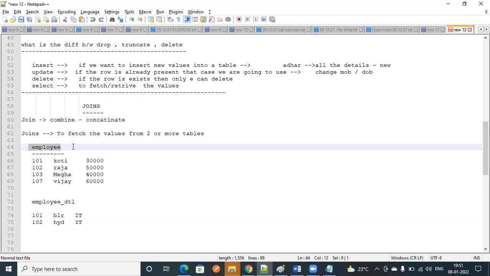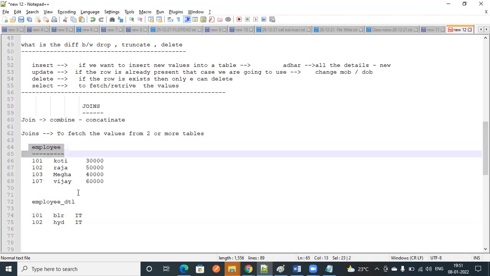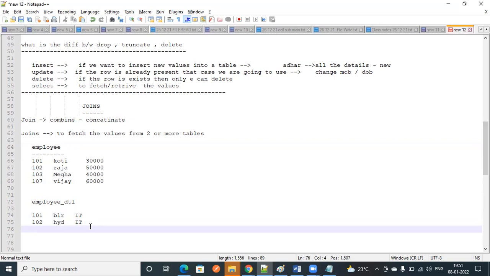So there is one table called employee and another table, employee details. The employee table contains employee ID, name and salary. Employee details contains employee ID, address and department.